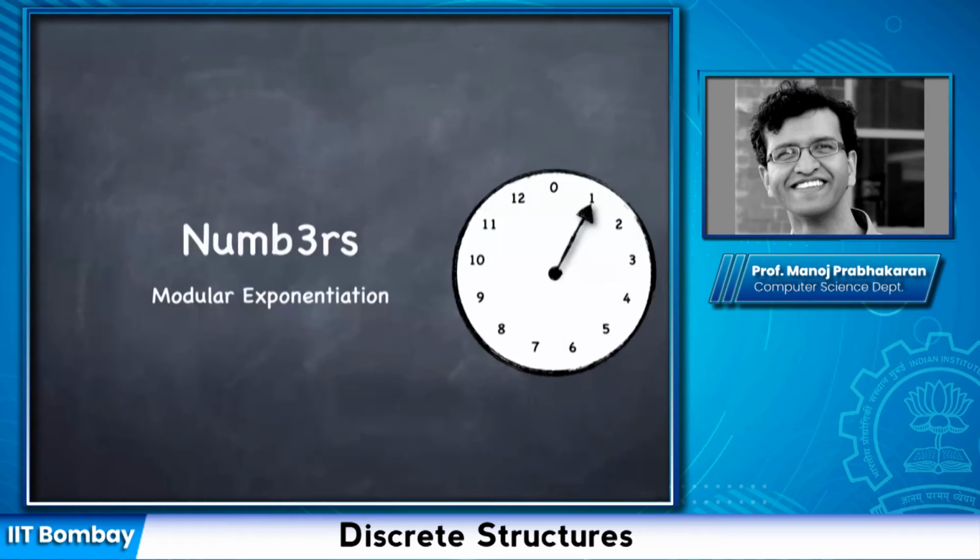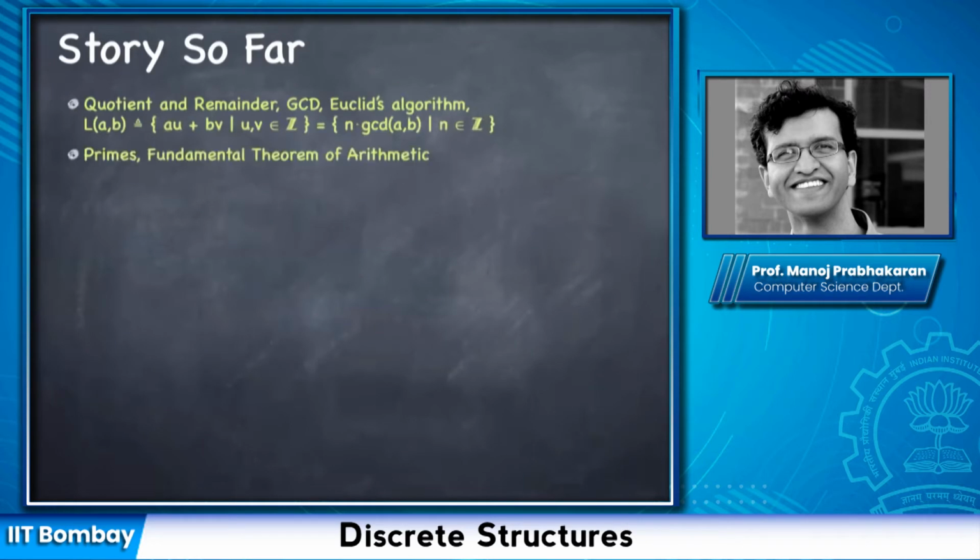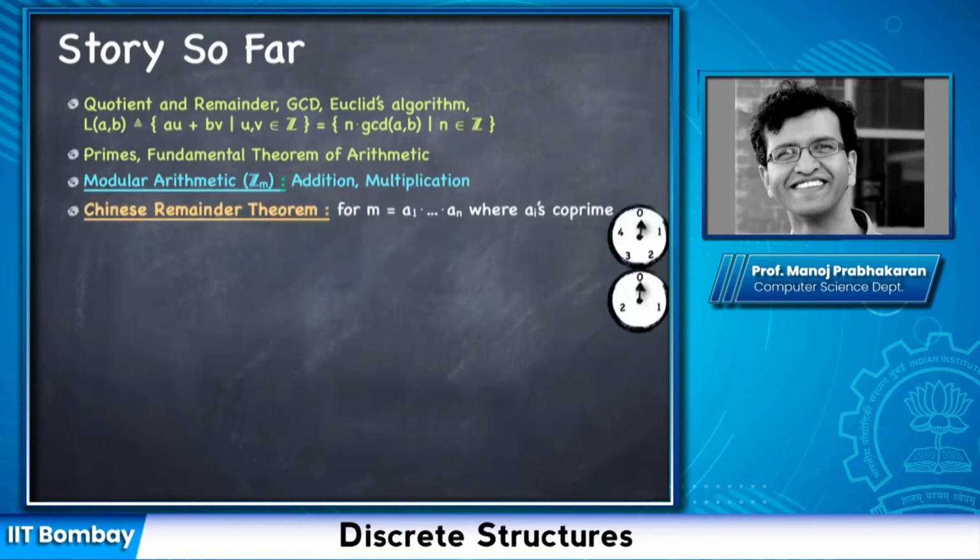We continue with our discussion of modular arithmetic. So by now we have seen quite a few properties. We talked about quotient remainder, GCD, Euclid's algorithm, prime factorization, and modular arithmetic, right? Addition, multiplication. And last time we talked about the Chinese remainder theorem, which basically tells you that if you have a